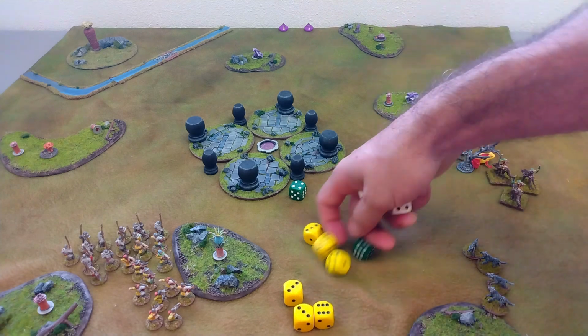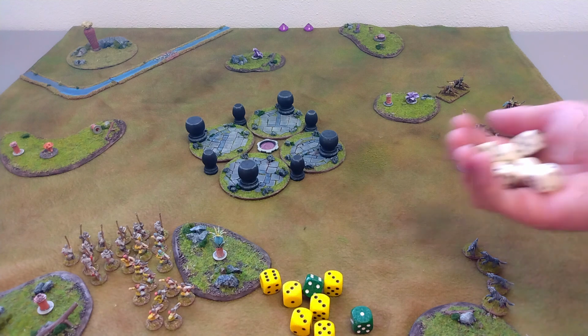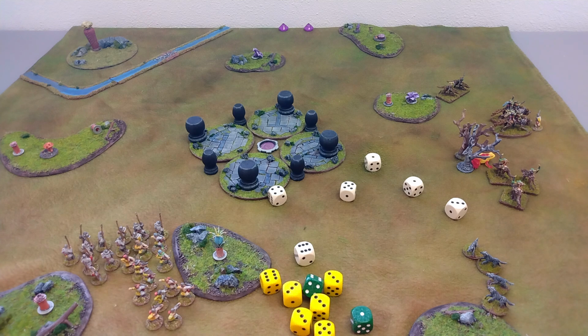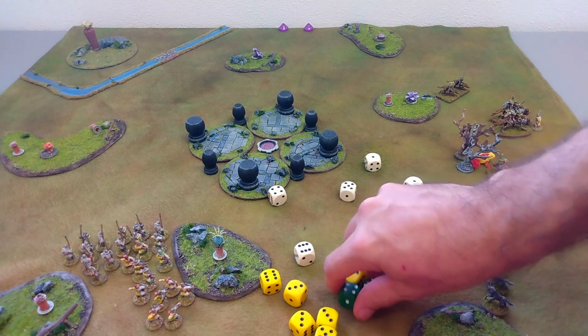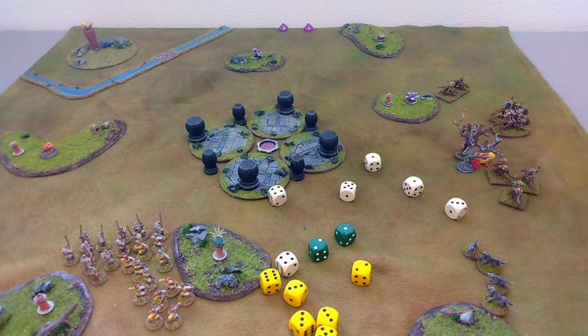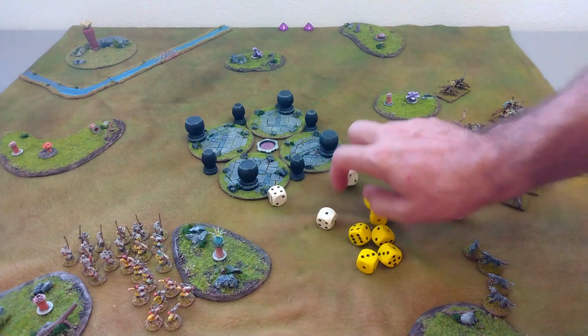Then they get to counterattack, and because they were charged, the elite foot are hitting on 4s. They get a total of 3 hits against a Greater War Beast. That's insufficient. This lone elite foot has to make his check, and he is gone. Now, because we have lost half of the army points,